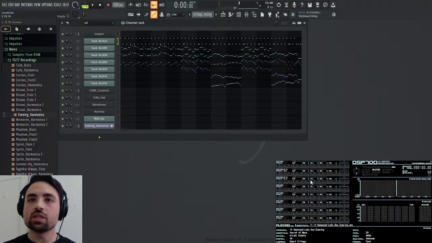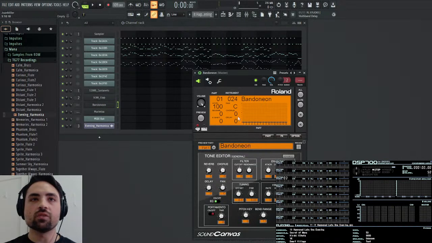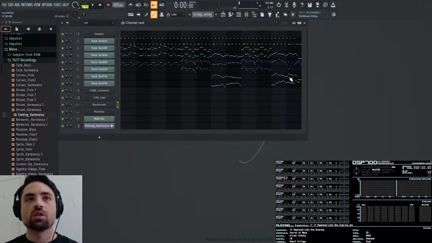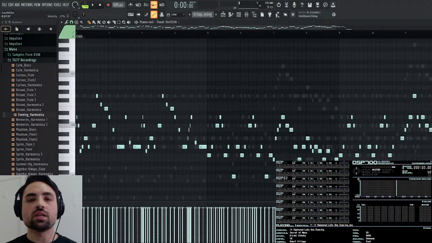So what he does is he uses a different harmonica sound to give the line some variation. And this is the Bandonian from the SC55. So we've got the Sound Canvas VA loaded, and there's the Bandonian. So now we just paste that line into there.